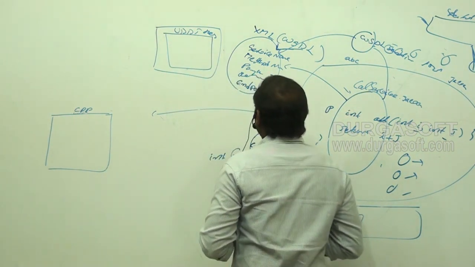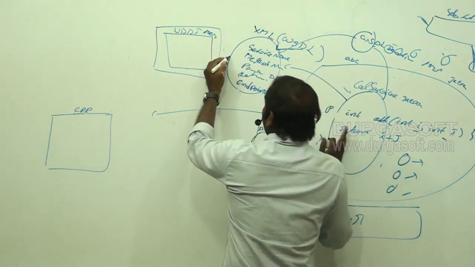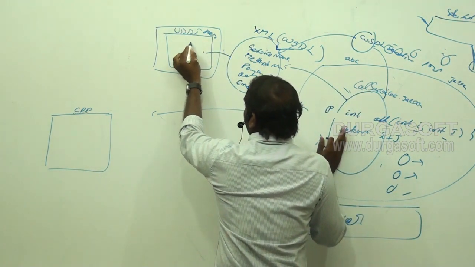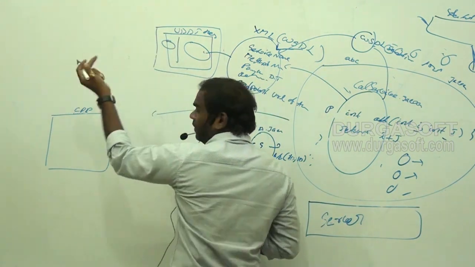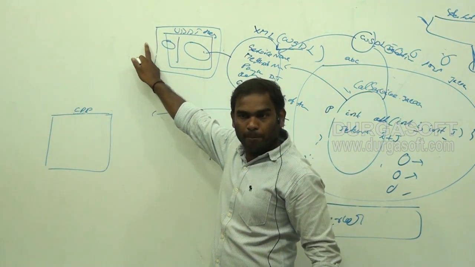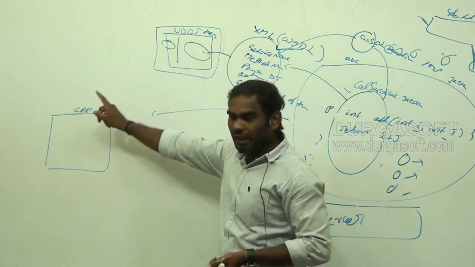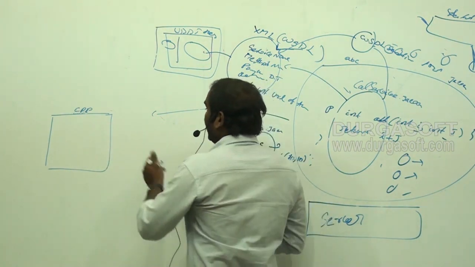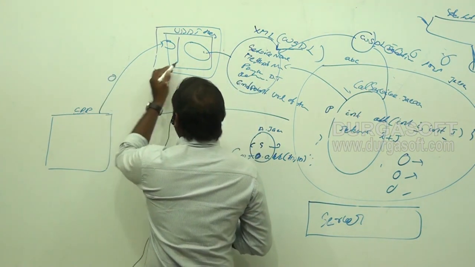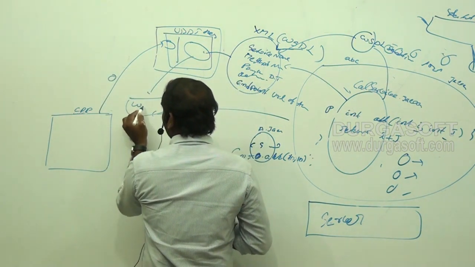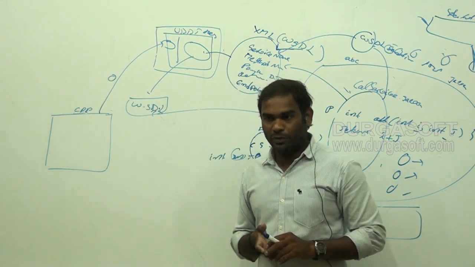So now, with the UDDI registry, once the service provider generates this WSDL file, he will store it in the UDDI registry with some unique name. Unique name means some address he will give. And that address the service provider will share with the client. The client will send that address and he will get the WSDL file. I hope you understood.